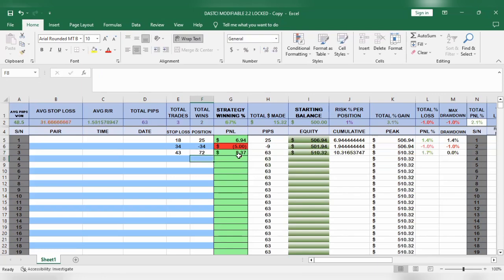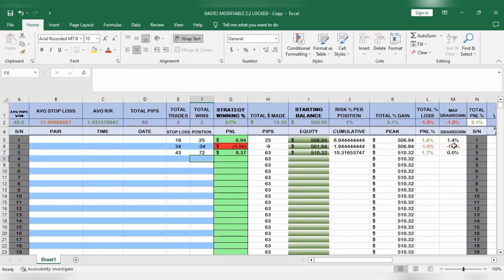Then we made an $8 profit. You can see that right here. It is not showing us the percentage as it did here. Where we get the actual P&L percentage is on this particular column. This is only going to show us when we've made a loss. So from the second column downward, you're going to be seeing whether you have a drawdown or you don't have